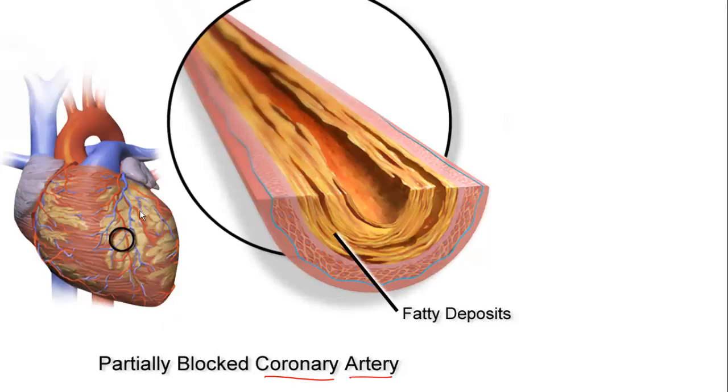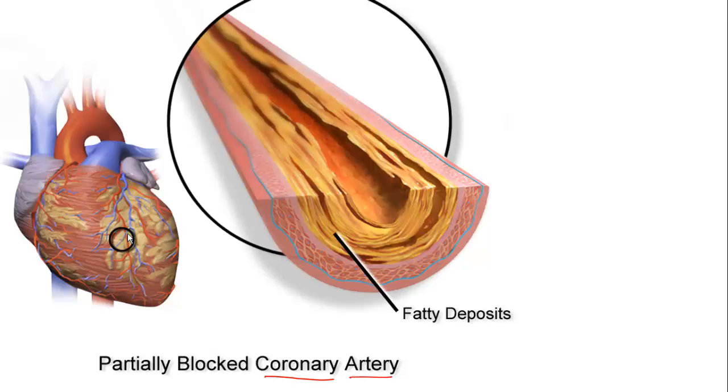So we've got a number of coronary arteries. And it's these arteries which supply the heart muscle itself with blood. And it needs that blood, obviously, to supply it with oxygen and with glucose and with all the things it needs for respiration. It also needs it to carry away the carbon dioxide, which is going to be generated by